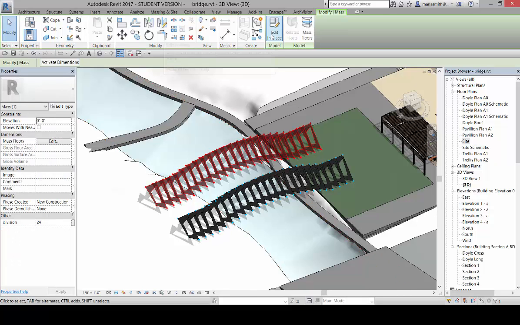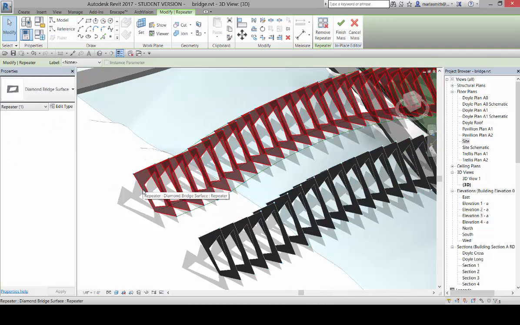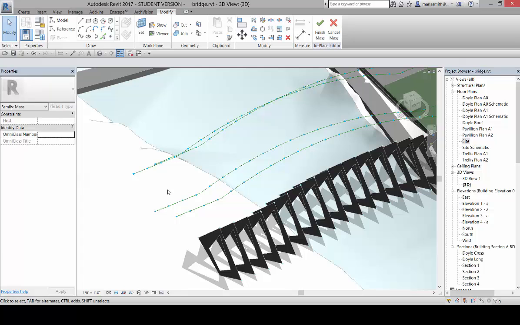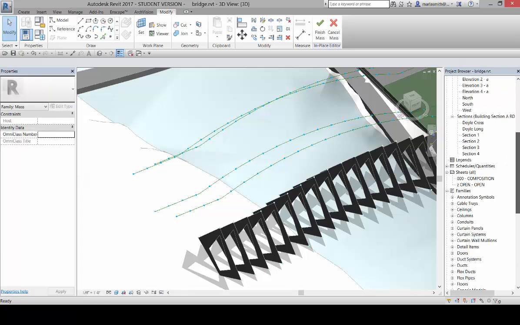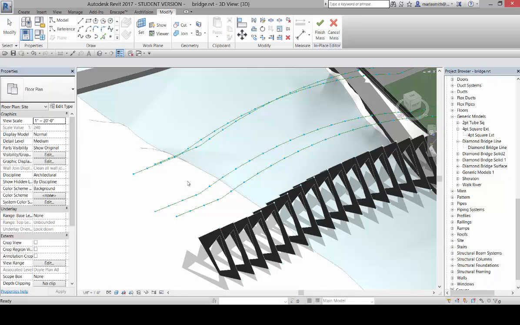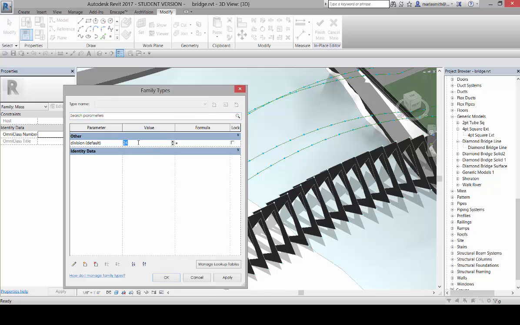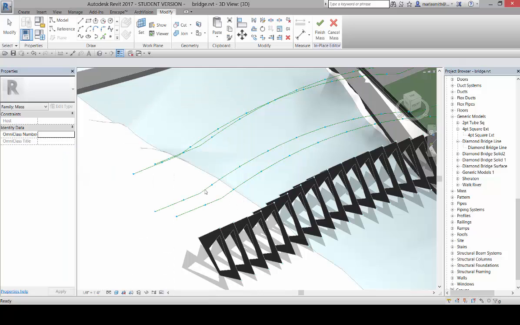Okay, so I'm going to go to Edit in Place, and I'm going to delete the component that's on it, right? And we're going to look at one component, and I'm going to do my best to place it. It's a bit of a bear. I am going to turn down this division to 12. So I've changed the division to 12. But now I'm going to take a look at this diamond bridge solid, and if I edit that family,